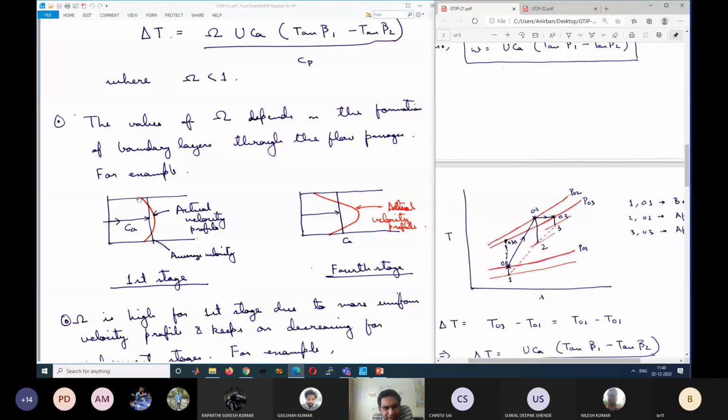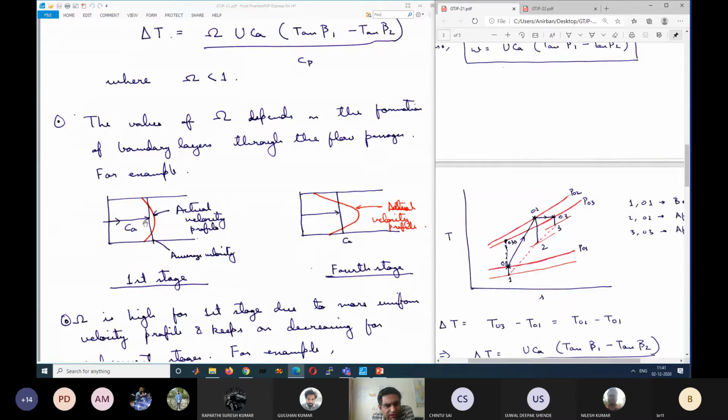But in actual case, what happens due to boundary layer effects at both the edges? The velocity tries to go towards a somewhat fully developed flow profile. Instead of having a static, straight line profile, it tries to go towards a fully developed profile. So at the center the velocity increases, and at the edges, at the tip and the root, the velocity decreases, because it is like flow through a channel, flow through the annular region, and this gets exaggerated if you go on increasing the number of stages.